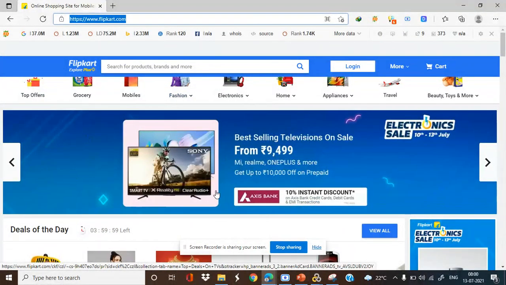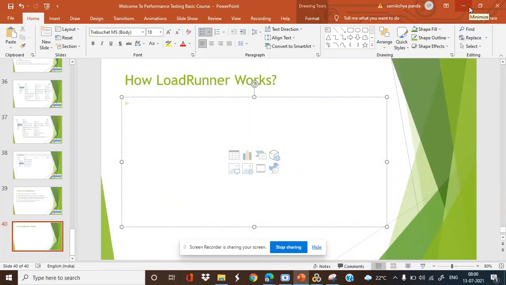So once I launch this, you are performing some real user activity, like launching the page. LoadRunner normally works on the concept of recording and replaying, which I'll be telling in the further classes. We'll be seeing the script also, and it records and replays the real user activity and generates the desired load